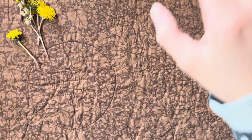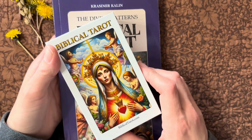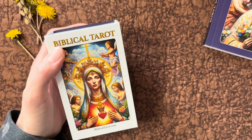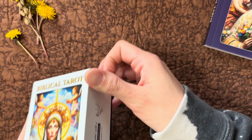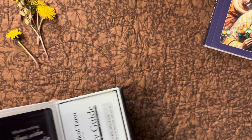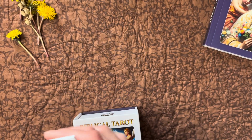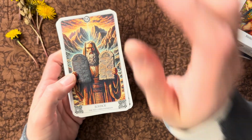And then here's one more deck. I don't want to hear any politics stuff, guys, but I have the Biblical Tarot. This was another gift from my friend, and I actually was interested in this deck. This is an AI deck. I liked the idea of it. AI is not my favorite artwork at all. I usually do not really like it, but there was something about this deck that I loved,